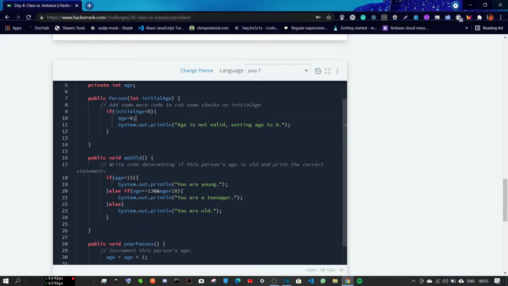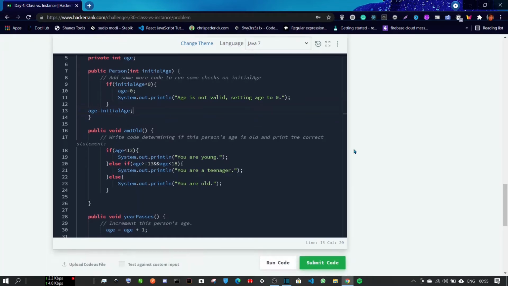We write inside this if statement, and outside the if statement we have to assign initial age to the age variable if this condition is not satisfied. So age is equal to initial age. We are doing this because we need to put some value inside this age variable. Otherwise, there is no purpose in evaluating the age here.